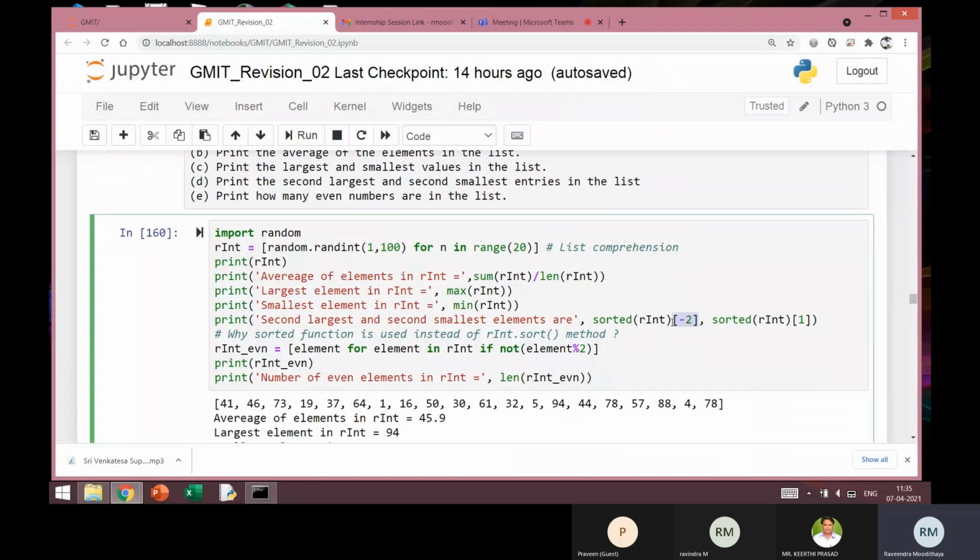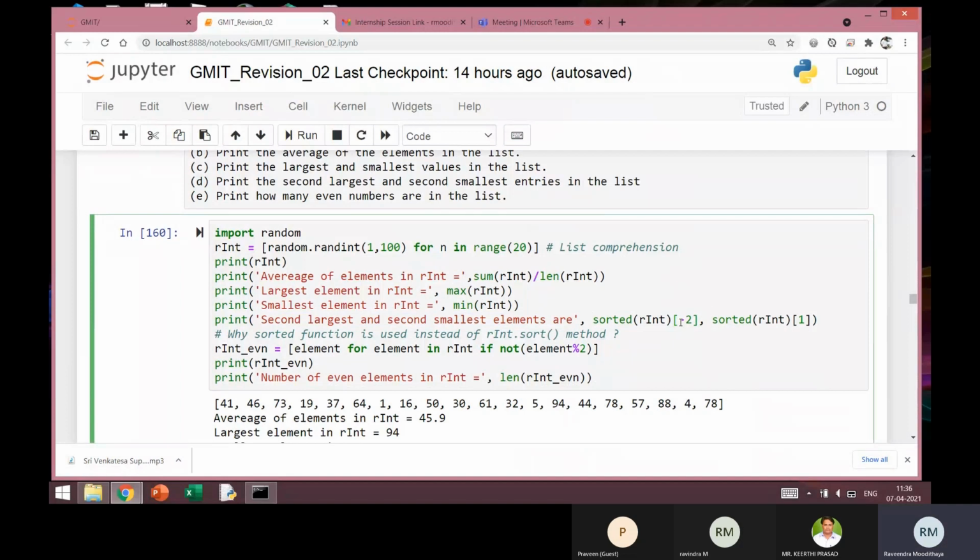I will slice that value by using -2. -2 means second one from the end. If I give -1, it will be the last one, -2 the second one from the end, -3 the third one from the end, and so on. But here I wanted the second largest value, so it will be the second one from the end.